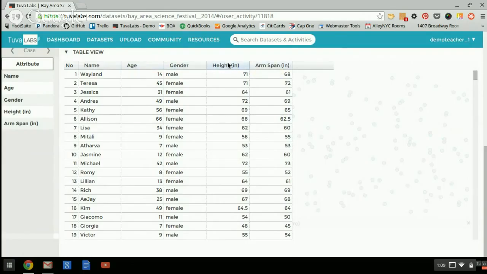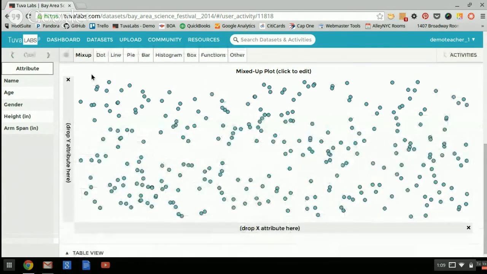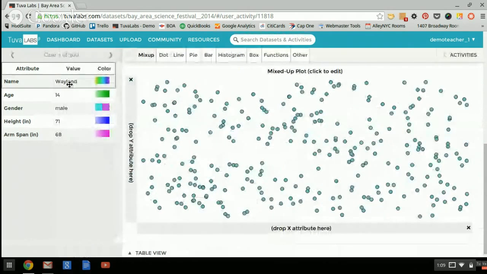Remember, height and arm span are the two things that were measured for each participant in this activity. What we're doing at Tuva is putting it in a different kind of representation called a case card. So you can flip through these different cases for the 300 participants